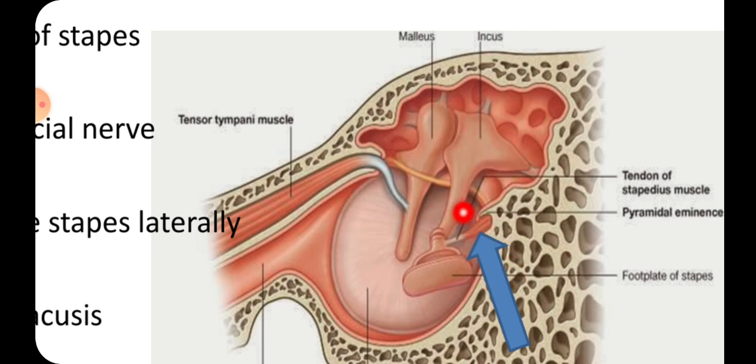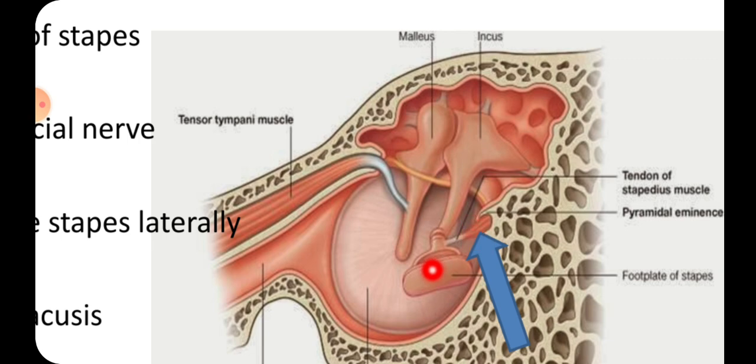Once the wave is created and the footplate has moved, it is immediately dragged back and held properly. So it avoids excessive vibration of the footplate inside the internal ear. Imagine if this muscle is paralyzed. If the facial nerve is damaged, and this muscle is paralyzed, then when sound waves fall on the ear, the ear ossicles move and the footplate enters inside. After that, it is not taken back. It is not dragged back.